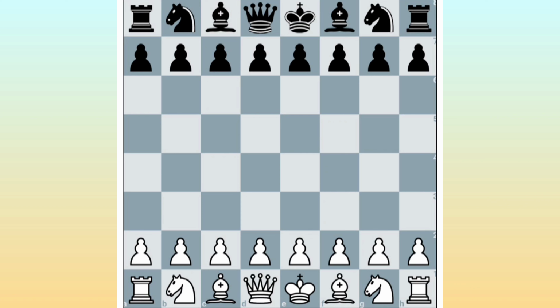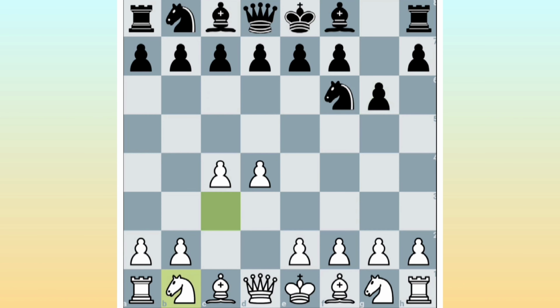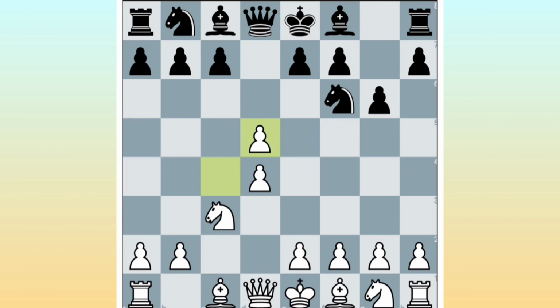Now let's see a game between two grandmasters. The game starts with d4, Black plays knight f6, White plays c4, Black plays g6, White plays knight c3, and Black plays d5. c takes d5, knight takes d5, and White plays e4. Black knight captures on c3, White recaptures with the b pawn, and now you can see that White already has